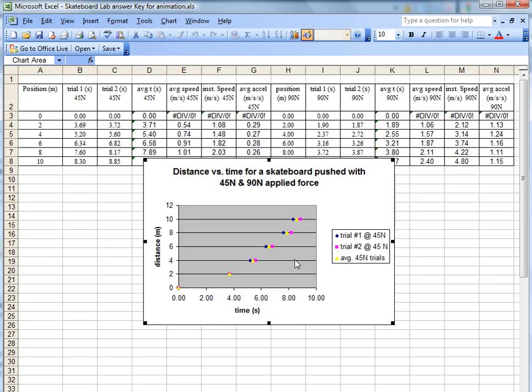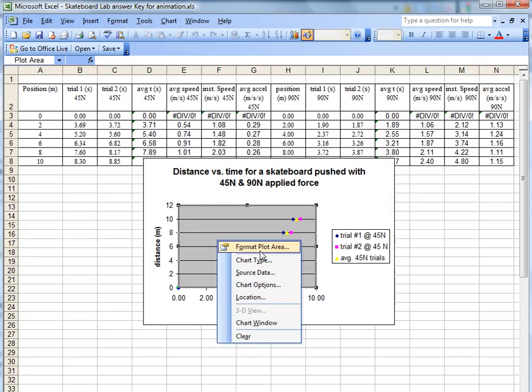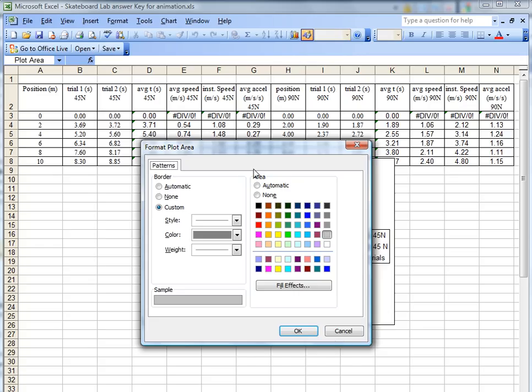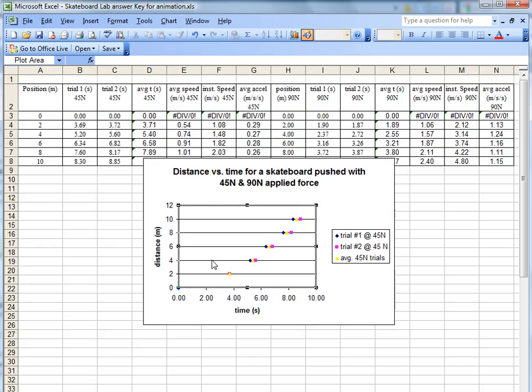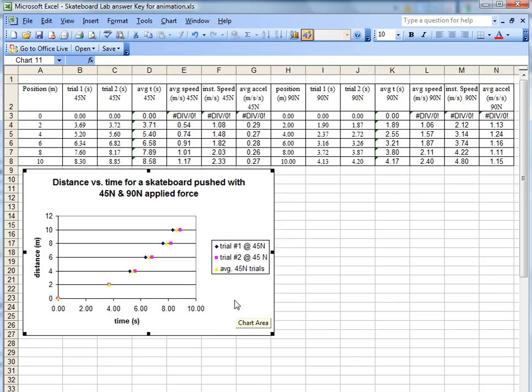And there's my chart. Now there's a couple of things we'll do to this chart to make it a little more printable. One is we'll right click somewhere away from any markings, just right click in the gray plot area, and ask Excel to format the plot area. And on the side that says area rather than borders, on the area I want to tell it none for the fill effect. And when I click OK, now the background has gone to just plain clear. So I'll move the chart across, and in the next segment we'll look at plotting a best fit